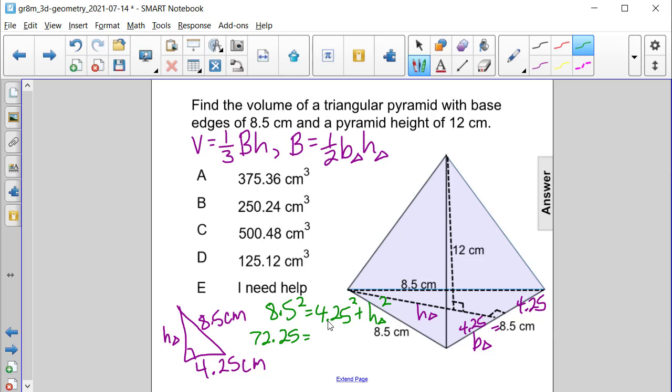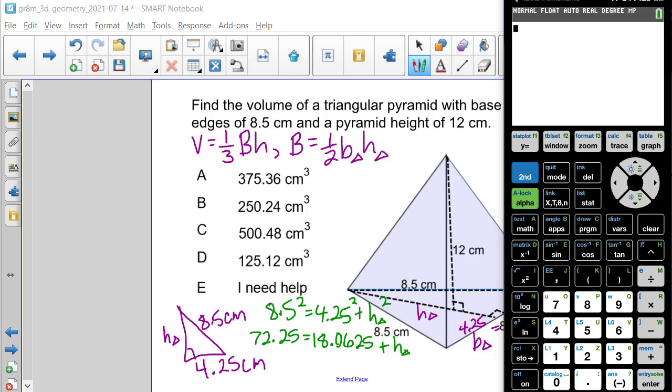And when we square 4 1/4, we get 18 625 10,000ths. And then we still have the height of our triangle to find. If we subtract 18 625 10,000ths from 72 25/100, we'll end up getting